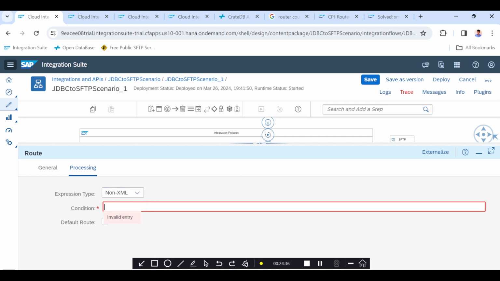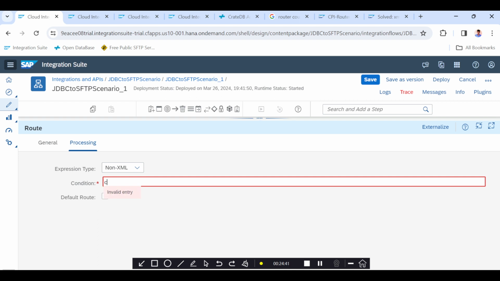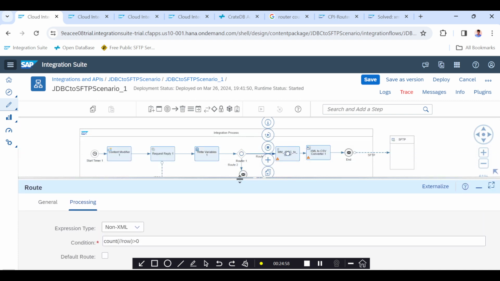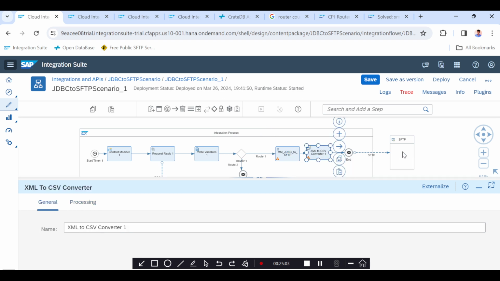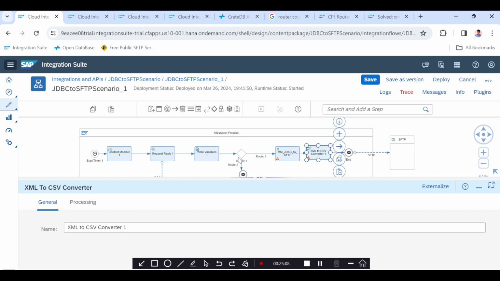We have to take the non-XML count. Which one? Row, right? The count of slash row is greater than 0. So which means if the rows are available from source, then it will go here, execute the mapping and do the necessary further steps. If the rows are not available, which means